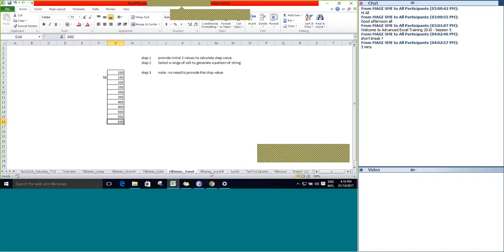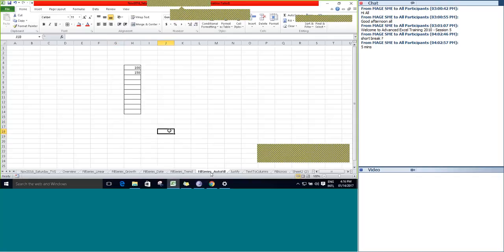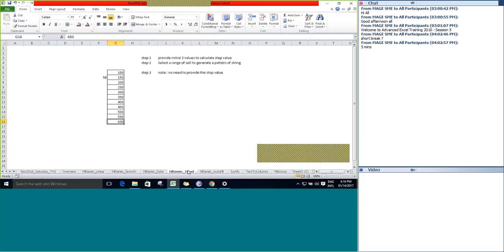Similarly, fill series autofill. What happens if we pass decimal values? Say for example, 100.5 and here it is 150.